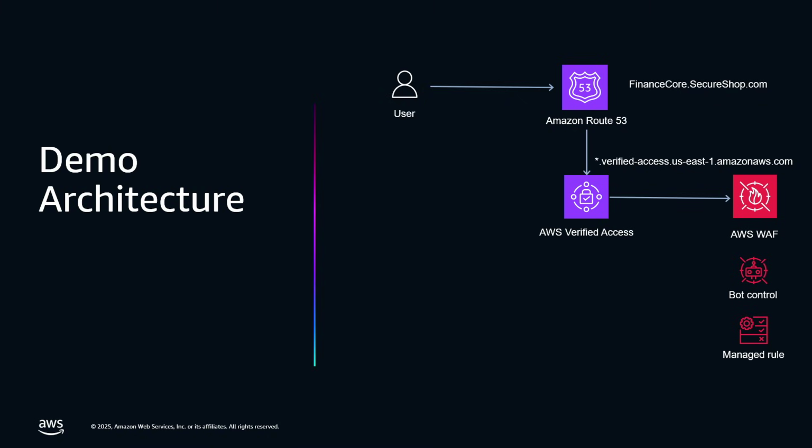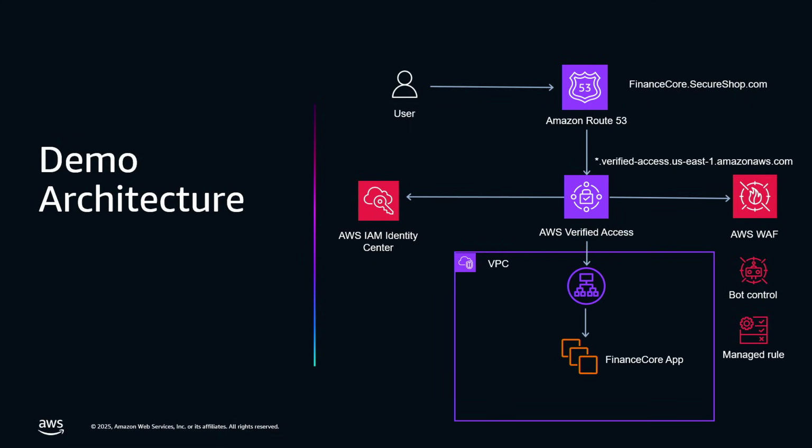the common threats such as SQL injection and so on. The verified access also requires a user to authenticate against IAM Identity Center. This is our trust provider. You can also use device trust provider in addition to this, like Shovan talked about, but for demo purposes, we are only using the IAM Identity Center as a trust provider. And then once the user is authenticated successfully, they're able to navigate or browse to this finance core application running